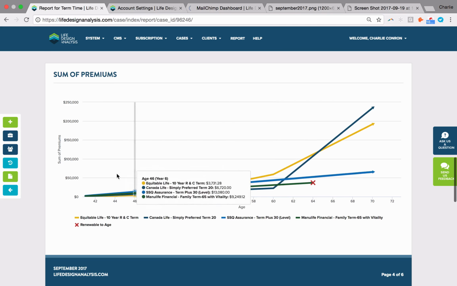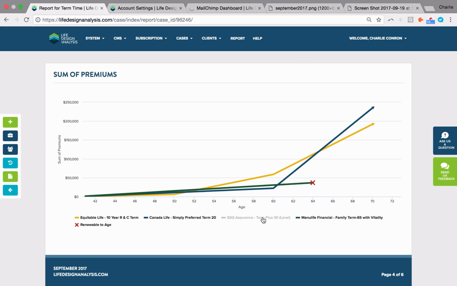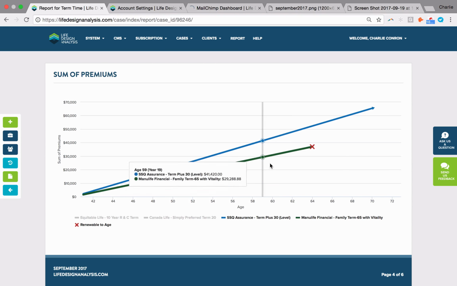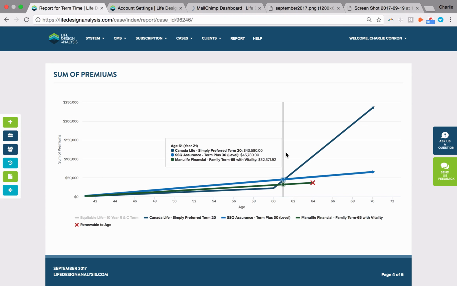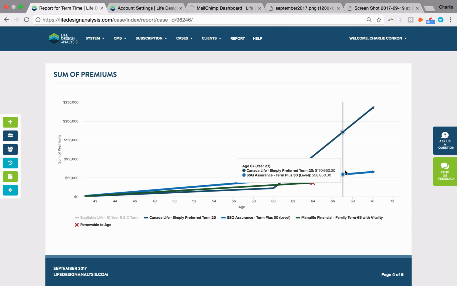And again, even if you do add quite a few, like I might just leave this at 3 different products, the interactive nature of our charts means that you can quickly turn on and off different options. So if they immediately think, you know what, forget that term 10, or that term 20 spikes up at age 60 and I don't know if I'll be retired, we could start analyzing these two different options. And it's sort of that, as I called it before, that asymmetrical dominance or the decoy effect, that when one thing looks really expensive, it can make the others look more affordable in comparison.